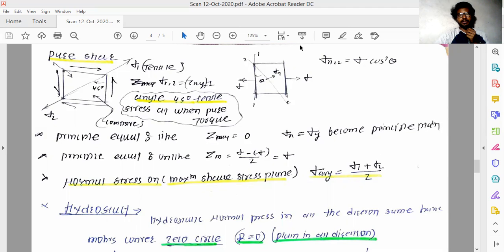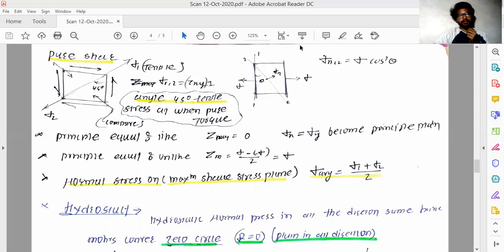what will happen? It produces pure shear stresses, and due to the pure shear stresses, at 45 degrees from the principal plane it generates tensile stress, and on the opposite diagonal of this element it generates compressive stress, and it is exactly at 45 degrees from the principal plane. So due to that,